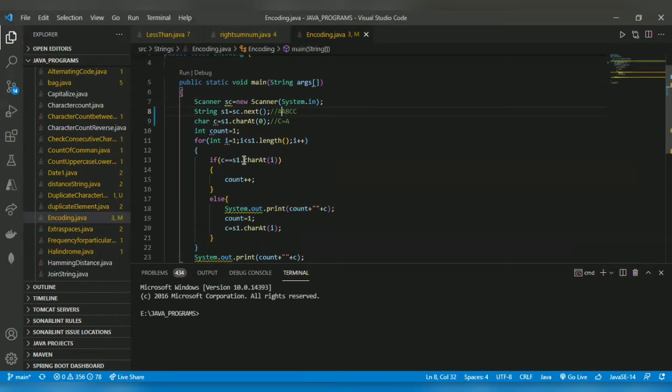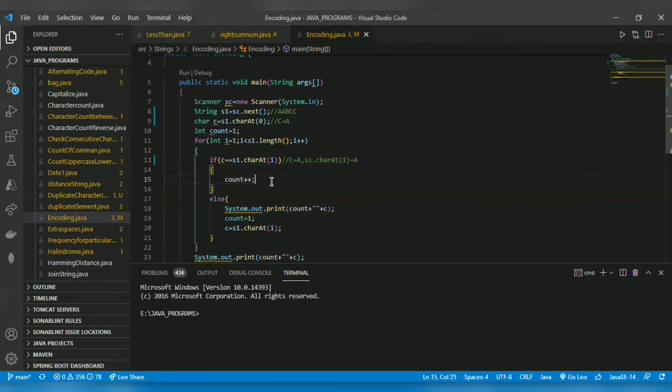If c equal to s1.charAt(1), here it means if c is equal to A, s1.charAt(1) equal to A. So the condition is satisfied, A equal to A. Count will get incremented.